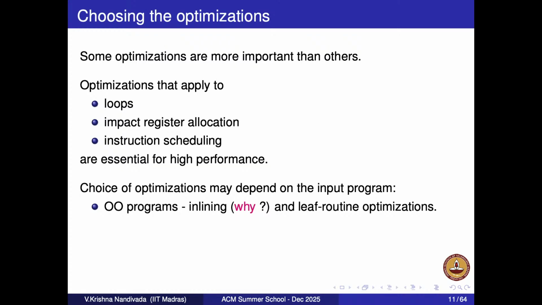By the way, inlining is an example where it is faster but increases the code size. Because that function foo is called at 2 places, now you will have the body copied twice, or n times if there are n calls. So it's, do you want faster code or smaller code? Okay, let's come back to OO programs. I'm claiming inlining is very important compared to others. Can you tell me why?